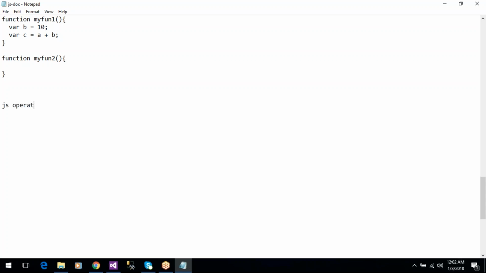JavaScript operators. Arithmetic operators are used to perform arithmetic on numbers. So arithmetic operators are